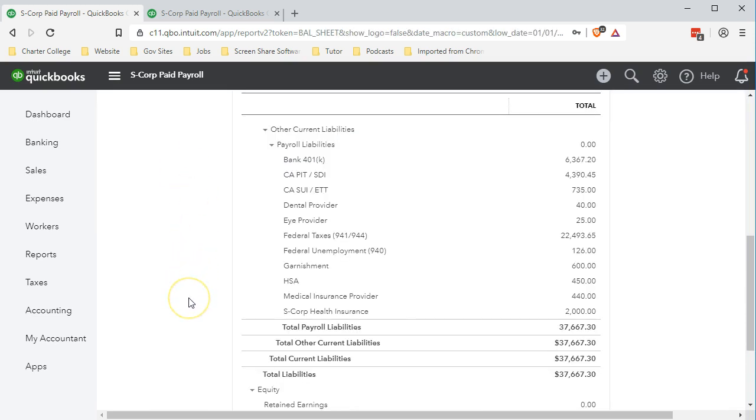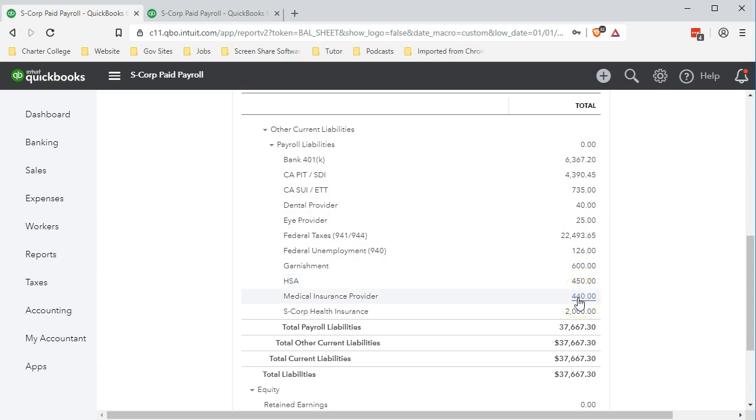The other items that were taken out of the check, Judy had part of the 401k, so it was taken out, so that's going to increase the 401k as well. And any other withholdings, of course, Judy didn't have these, our new employee, but we had the dental withholding, the vision withholding, the garnishment, the health savings account,